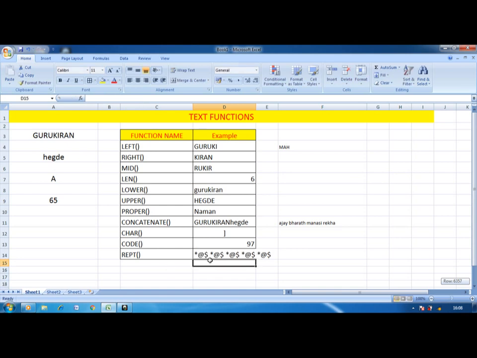See, these are some text functions. So normally a text function is used to identify the particular functions, and these text functions are based on the text itself. For mathematical and statistical functions we will use numbers, but for text functions we always have to use text. So in the next class we will learn the next function.